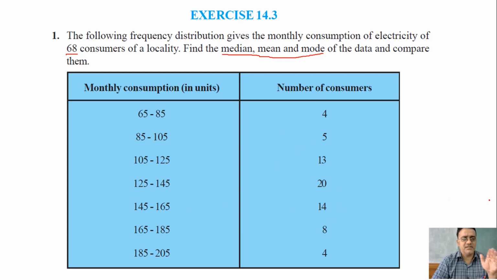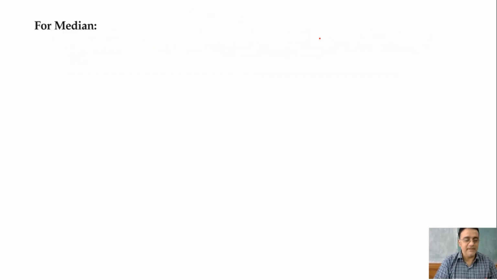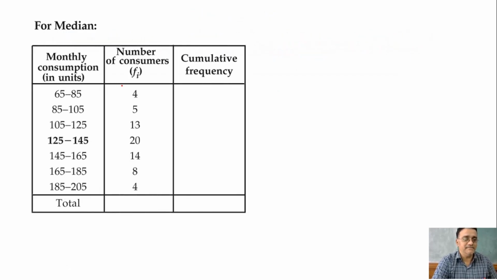Now first step you have to check the class interval whether it is continuous or not. Continuous है? Yes, sir. Okay, so हम लोग next step पे जाएंगे, CF median find करना है, पहले मीडियन फाइंड करना है, मीन फाइंड करना है, मोड, तीनों फाइंड करना है। सो मीन और मोड भी रिवीजन हो जाएगा यहाँ पे। सो पहले मीडियन, मीडियन के लिए 3 कॉलम, क्लास इंटरवल, फ्रीक्वेंसी और CF।